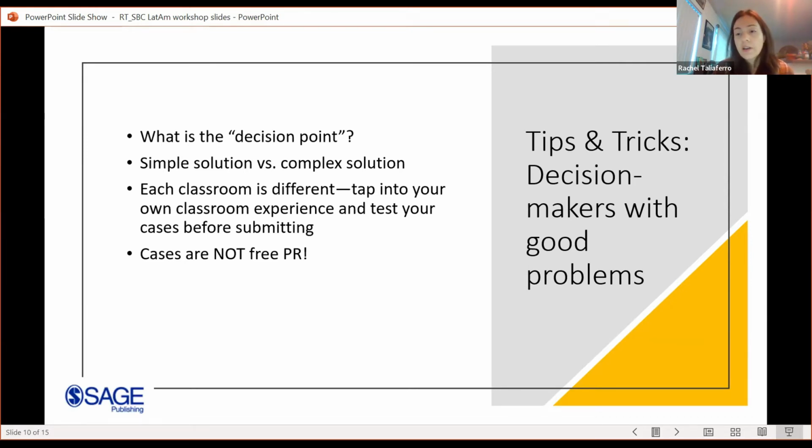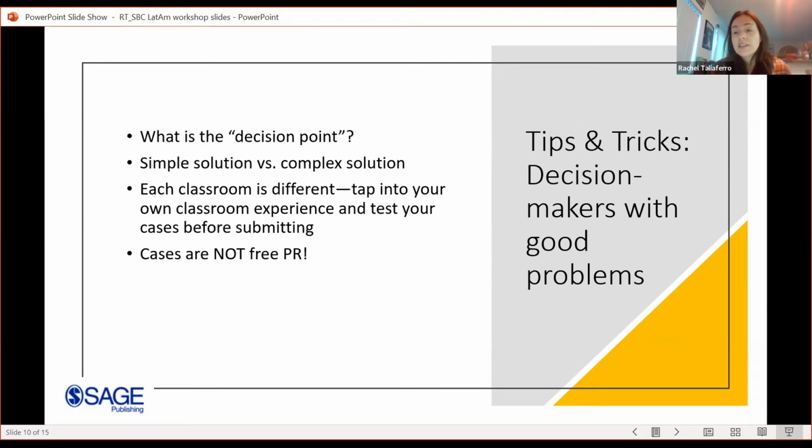There should be learning outcomes and discussion questions attached to a case that requires a student to more closely examine the company or more closely examine a company's strategies. And it's not meant for free advertisement or PR. So if you're working with a company and they want to add language that seems like an endorsement or language that seems like you're basically writing a commercial for them, you might want to step back a little bit and either talk to the company about writing the case in a more neutral tone, or even